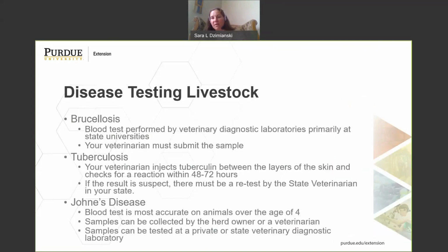I was focusing primarily on the diseases that are passed through the milk, not necessarily on diseases that can be passed from the animals to the people, but that is a very good point. There are other diseases that we want to consider just when we're handling our animals. And so if you're disease testing your animals,